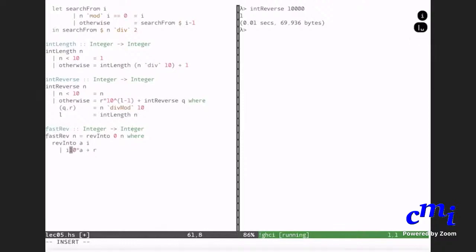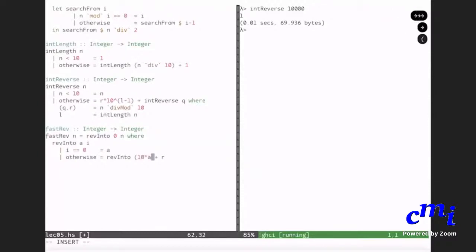If I equals 0, stop. I should just return A. Otherwise, I need to change this.